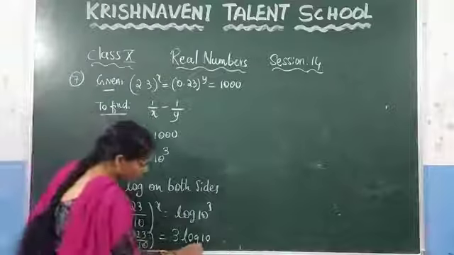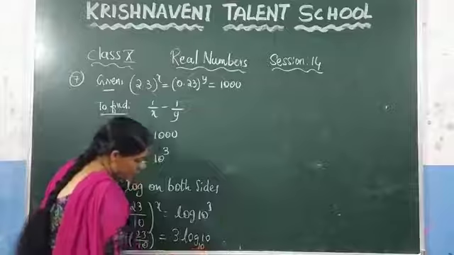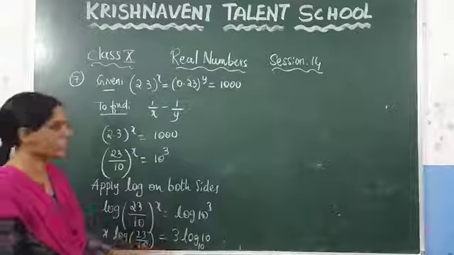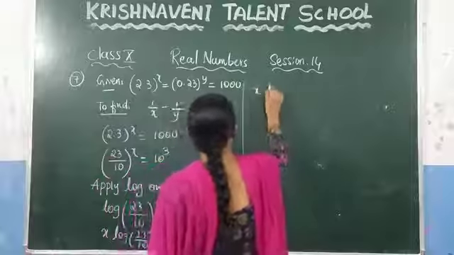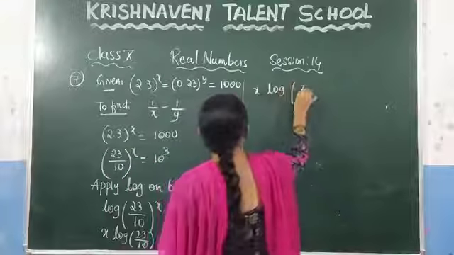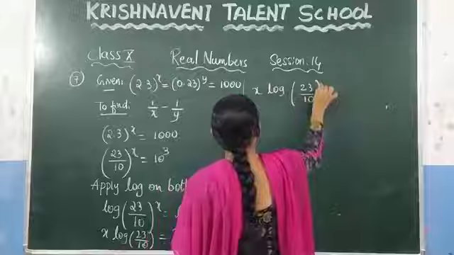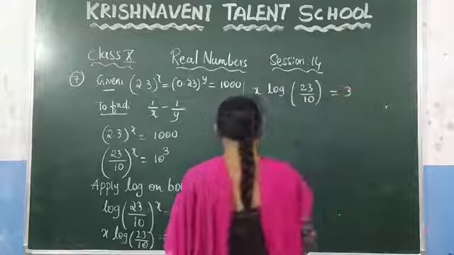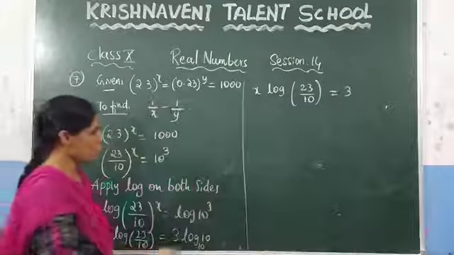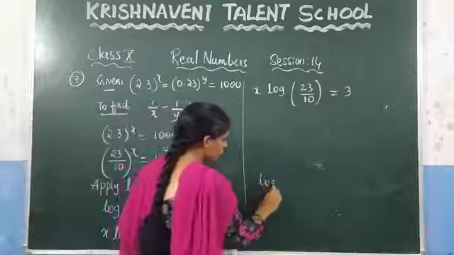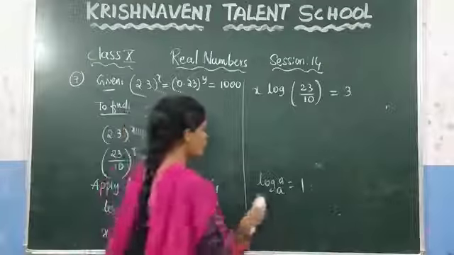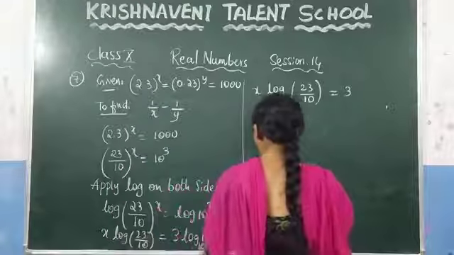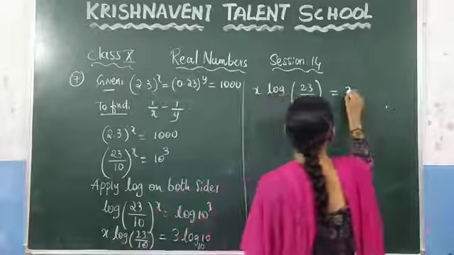If the base is not given, as we already discussed, you can take that base value as 10. Now here, at this condition, you get x log 23 by 10 is equal to 3 into log a to the base a. What is the formula for log a to the base a? If these two values are equal, you know that the result is always equal to 1. So here, you can write this as 3 into 1, which is 3.